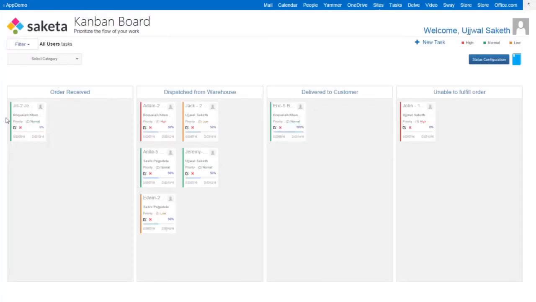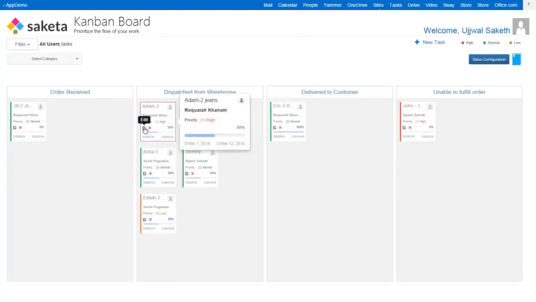Right, so I've just randomly assigned it to various statuses, and as you can see here, it's been dispatched from the warehouse, but a lot of these haven't reached the customers yet. So this is a bottleneck that you can look at, maybe talk to your logistics firm for example. Once you visually see the statuses of various tasks, you realize that there's a bottleneck and there's something wrong here. So that's another thing that the Kanban board can really assist you with.